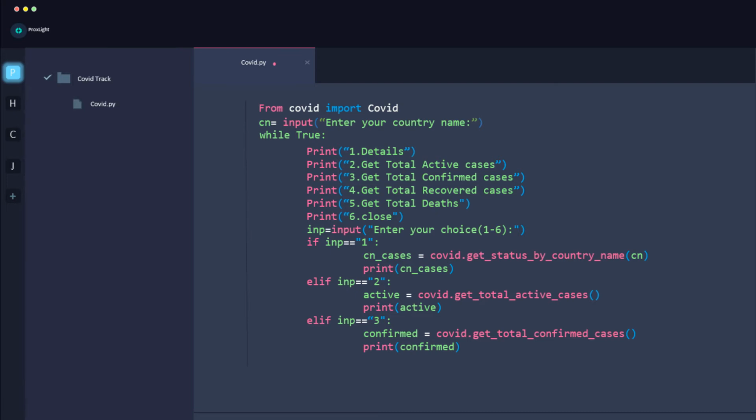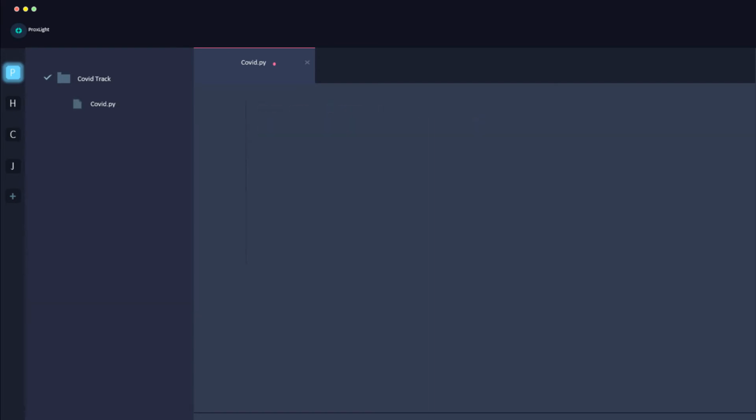Now if the user types in 4 to get the recovered cases, we need to just write elif. If the input is 4, then the total recovered cases, and then we will be printing it out. So it will basically print the recovered.